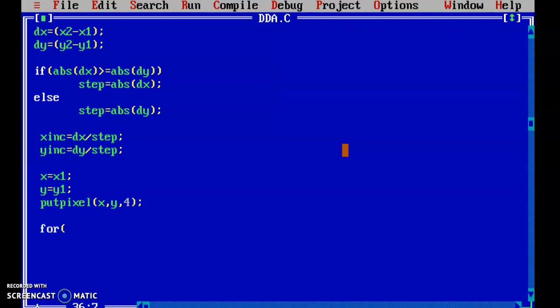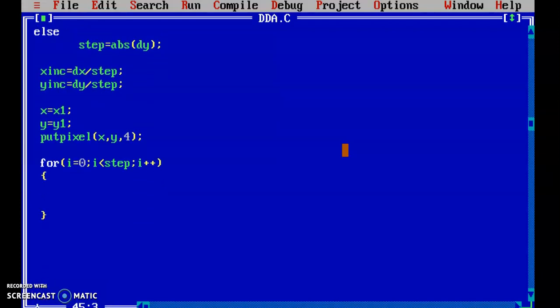Then I'll go for the loop. For I equal to 0, I less than step, I plus plus. Here we write x equal to x plus x increment, and y equal to y plus y increment.